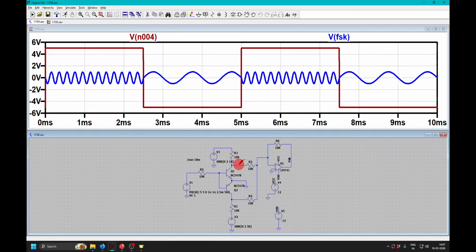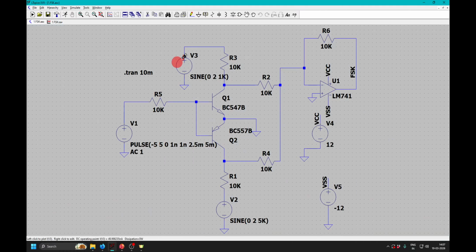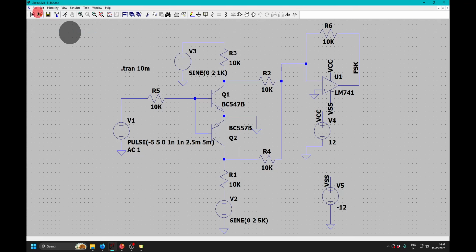This is a 1 kilohertz signal from the top, which is coming to this amplifier. So this is a very simple circuit to implement an FSK signal. Okay, so let me close this and show you